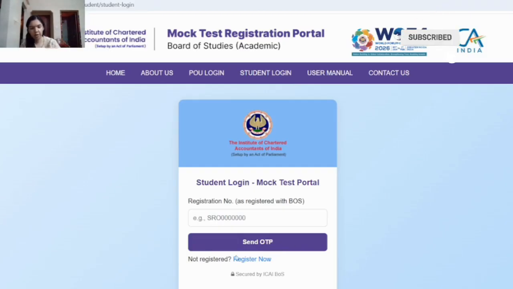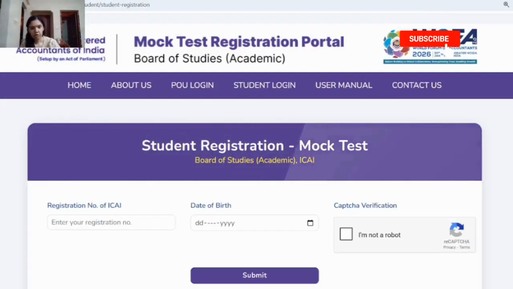Then you will receive an OTP on your mobile, enter the OTP and you will be able to log in to this portal. However, if you have not yet registered, just click on register now. For registering in this portal, you just have to enter your registration number here and then your date of birth, click on submit and you will get registered. Simple, right?